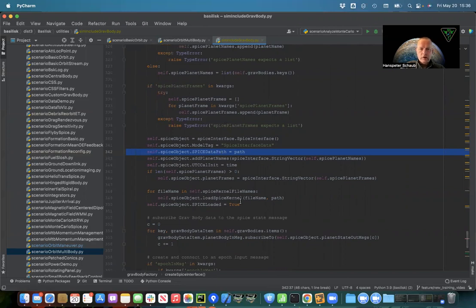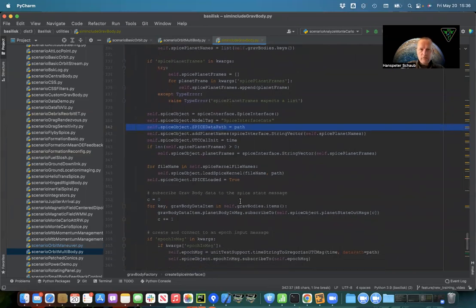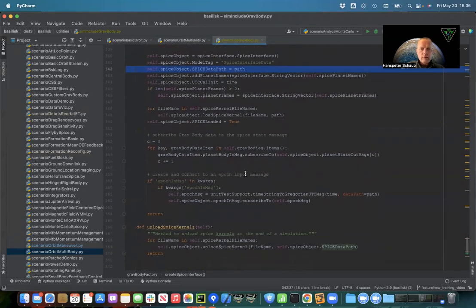Let's see, the rest is just if you have particular kernels of planet frames. What's interesting here, this is an important step where we loop through, for every gravity body item, so grav bodies is that dictionary list. So we're pulling out every one of those Earth, Sun, Moon, Mars, Jupiter gravity body elements. And part of that grav body data class is there's an input message. And we said if the input message is not connected, that planet is just going to be at the origin,